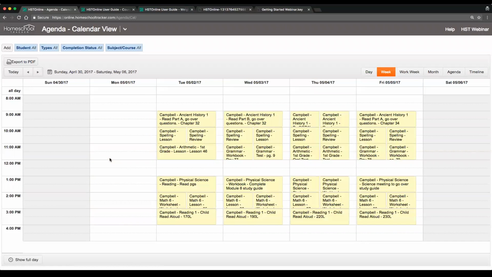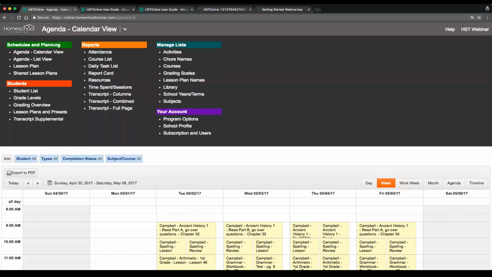Now let's say she's sick again. She's sick on Tuesday. And rather than push everything forward another day and start falling behind, I want to just push Tuesday's assignments to Wednesday and kind of double up the work on Wednesday, right? So I can do that as well. If I go back to the list view,